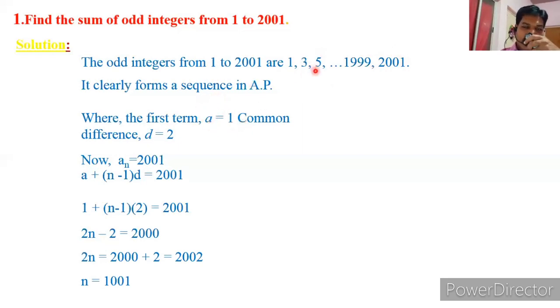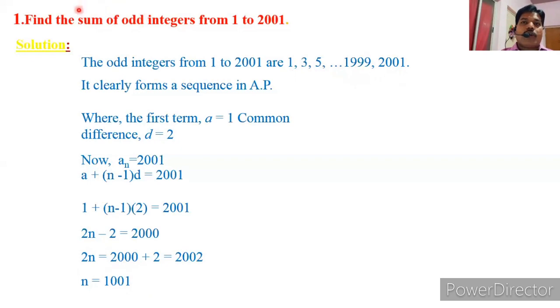So after giving the conditions, I have taken the first term. First you have to write down the sequence. Then you can take the first term and the difference d. After calculating these two values, I take the last term as the nth term. Then use a plus n minus 1 into d, expand that and replace the a and d values in that equation. You will get the n value. What is n? n is equal to 1001. That means there are 1001 numbers in the given sequence.